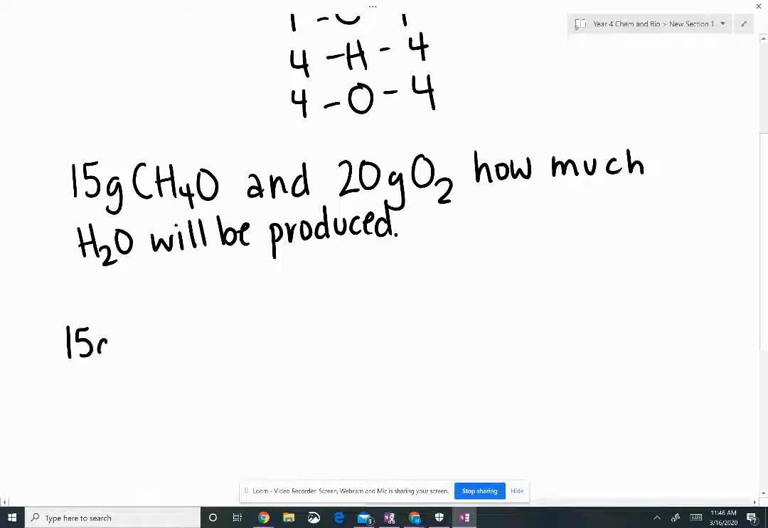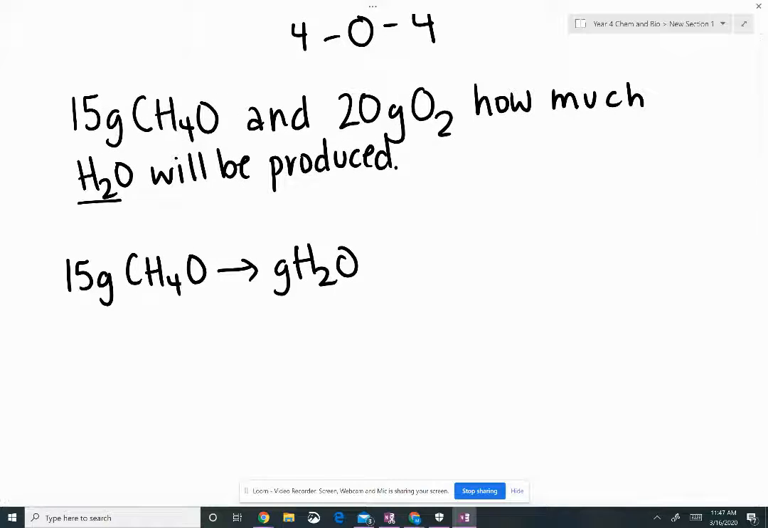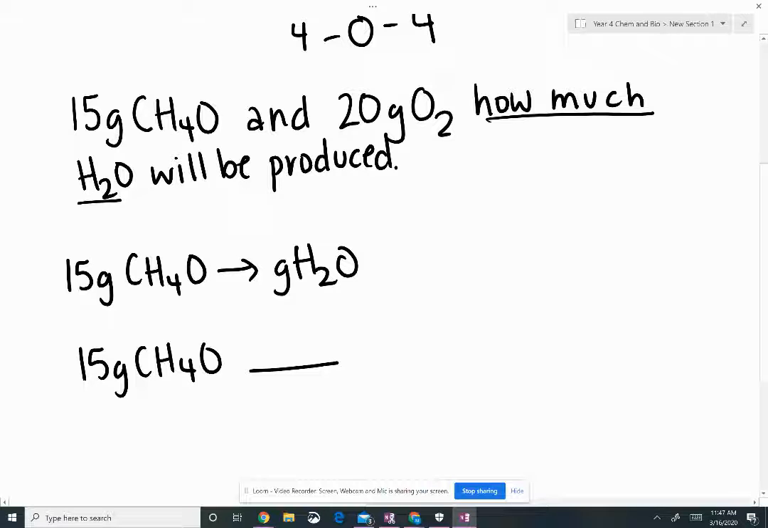So we're going to start off with our 15 grams of CH4O. Right, and they're asking for water. So we have to go from 15 grams of CH4O to grams of H2O. That's essentially what they're asking us in this problem, right? Because they're asking us how much H2O. So I start off with 15 grams of CH4O, and then I'm going to convert that from grams to moles, right? So I'm going to have some sort of grams here, and I'm going to have 1 mole of